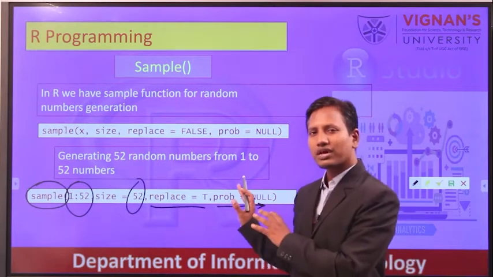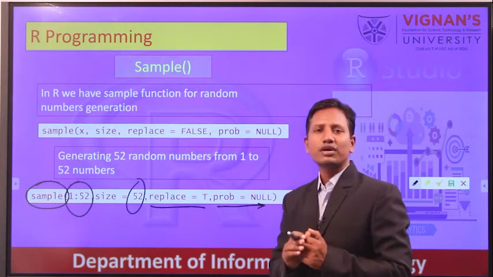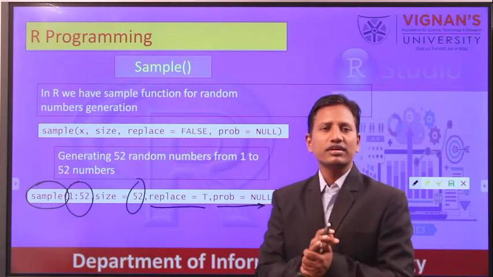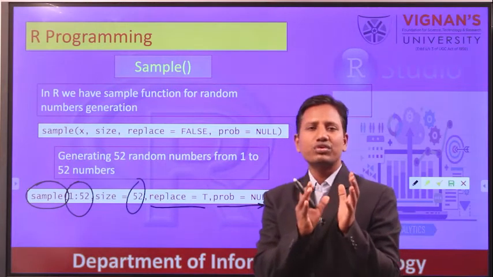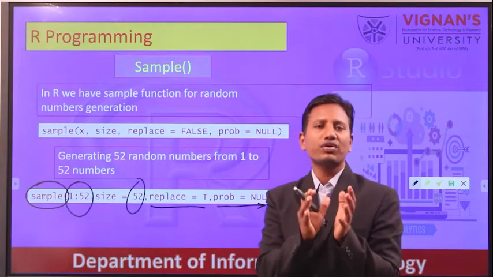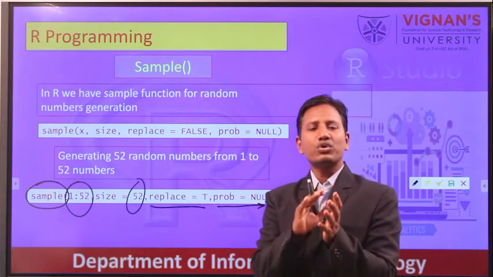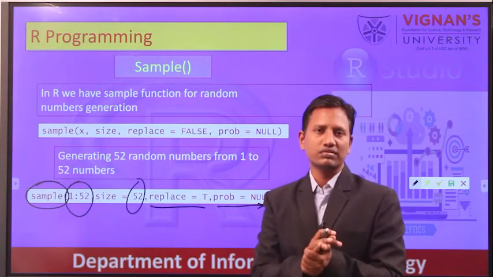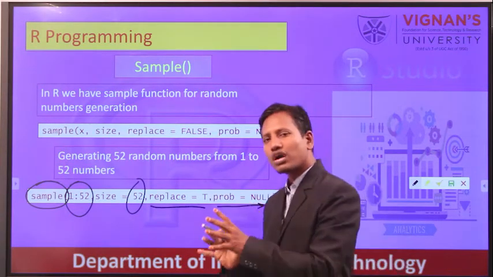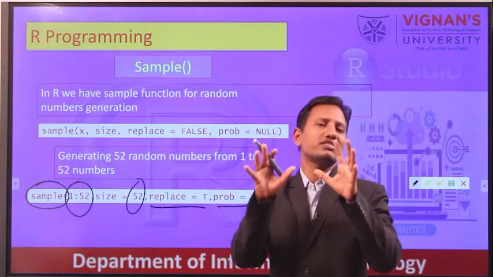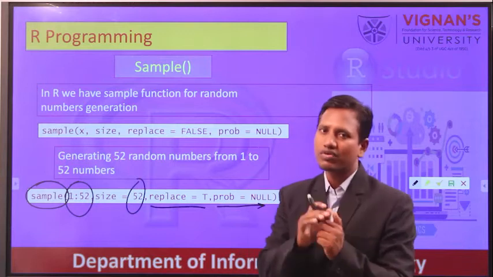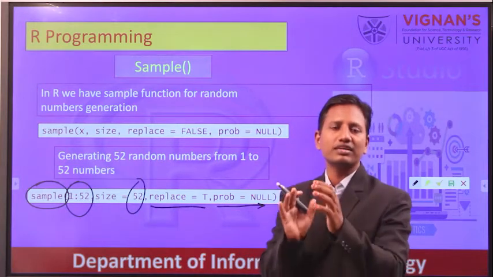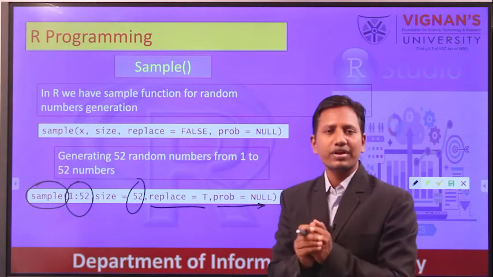If I stop here and recap, what was our task? Our task was to create the 52 cards, a deck of cards, and shuffle those 52 cards. The 52 cards we created with the help of a CSV file, loaded into our environment, and that became a data frame.